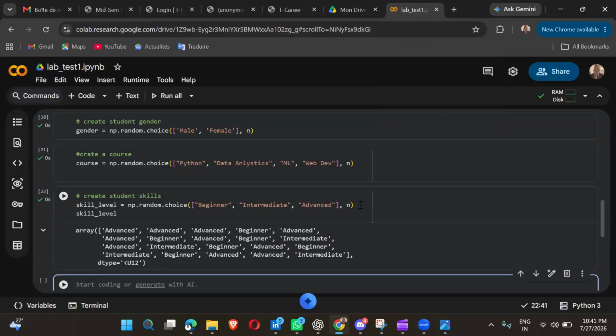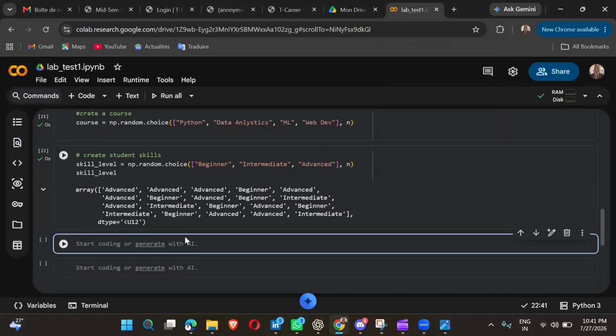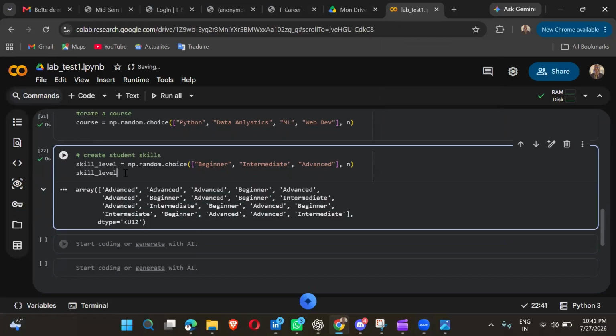Then you execute it. It will print your student skills: advanced, advanced, advanced, beginner, advanced. It will take random skills. Then after that,